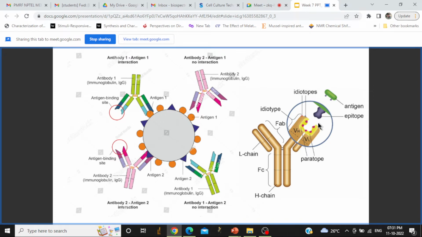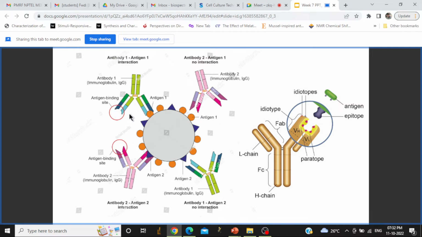So here in this picture, on the left side, I have shown that these antibodies are specific to the antigens. So if you have one antigen A, then for the antigen A there will be a specific antibody which only binds to the antigen A, and any other antibody will not bind to this antigen A. So there is a specificity in this. So interaction only happens when